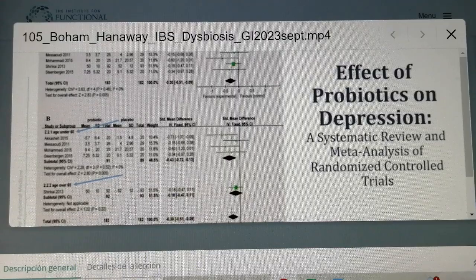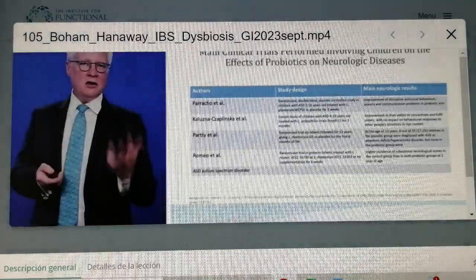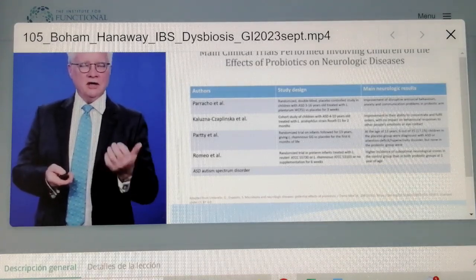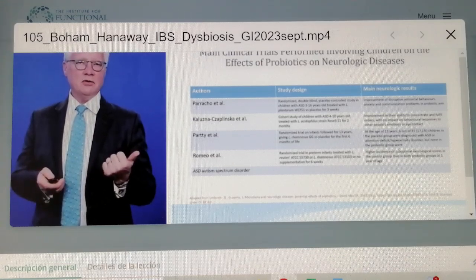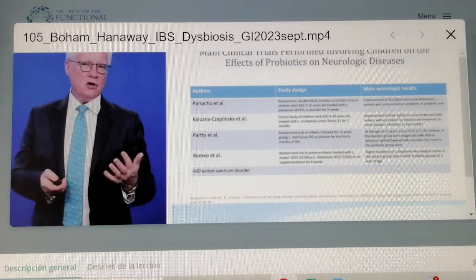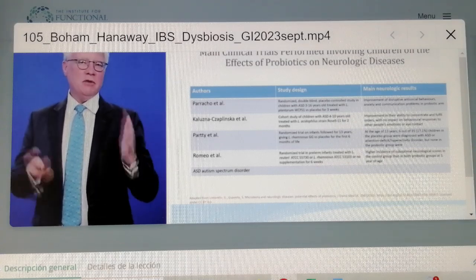Again, we'll talk more about this on Sunday morning, but the data starts to tell us that when we look at probiotics on depression, there are certain specific probiotics that will have an impact on decreasing depression, on decreasing anxiety. We can also see, as these studies show, an impact on autism spectrum disorder, on overall cognition, and on attention deficit hyperactivity disorder. We can see a process of improving cognition overall. So when we look at these studies, we say, okay, there is something here,